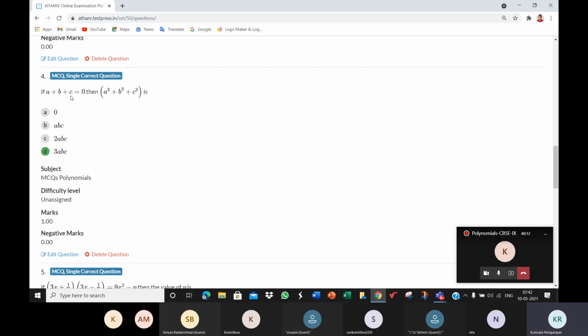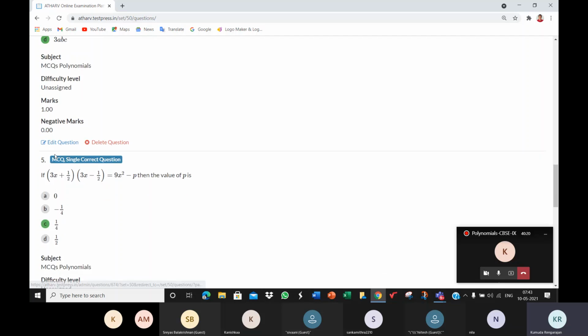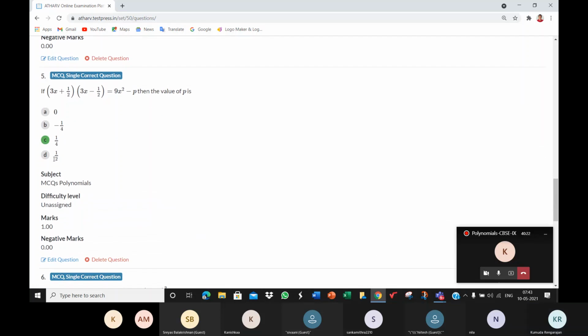Yeah, so this is direct. If a plus b plus c is 0, then a cube plus b cube plus c cubed is equal to 3abc. That's a conditional identity. You know that. And here, how do you work this, children? This of the form, the LHS is like